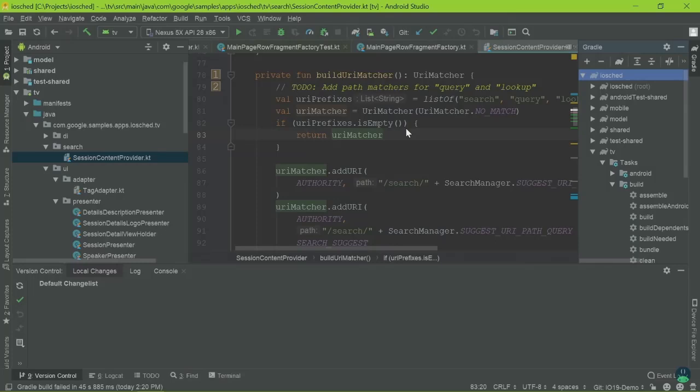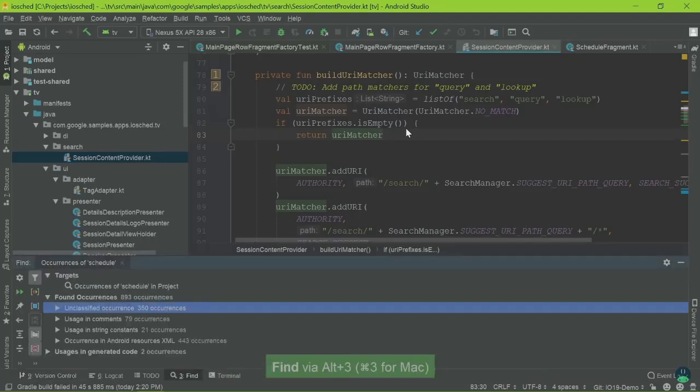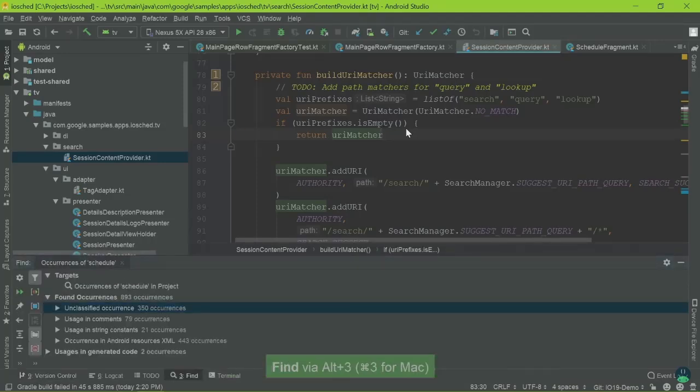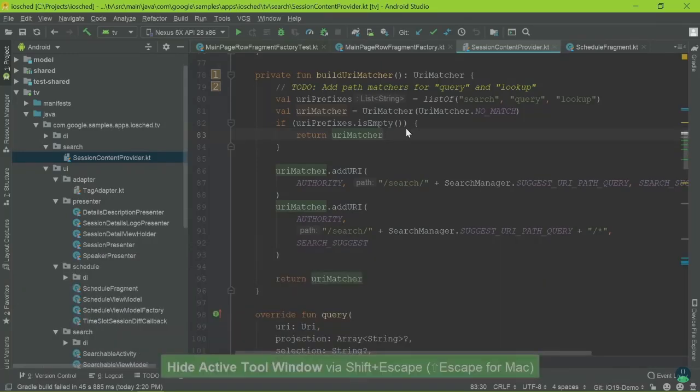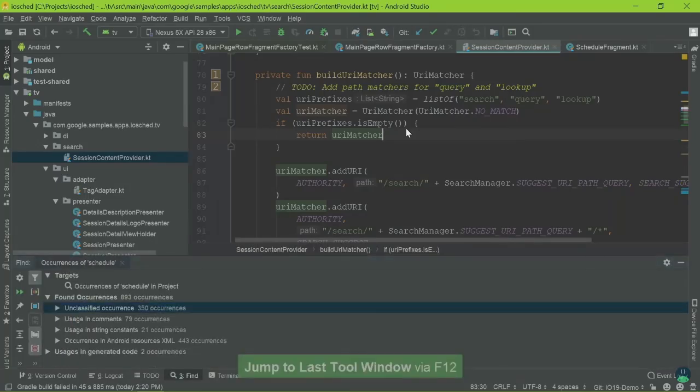Now, of course, you want to be able to close windows. Shift Escape closes the window you're in. But it's also super useful if you're inside your editor and you don't want to have to leave your focus to get that extra space. So without leaving the editor, just press Shift Escape and it closes the most recently opened window. It's great, you can easily get back to it with F12 anytime,